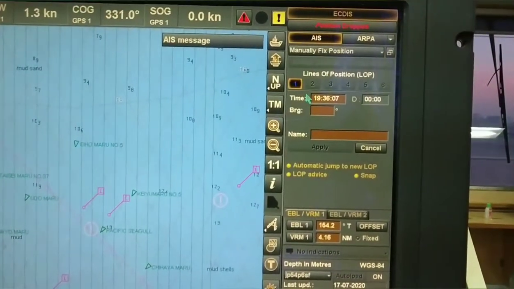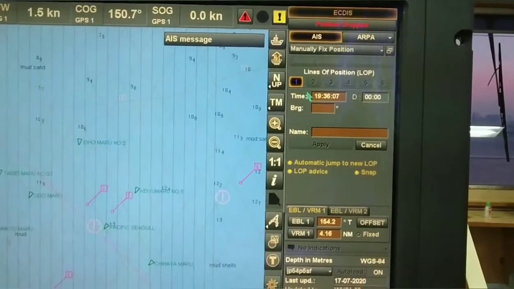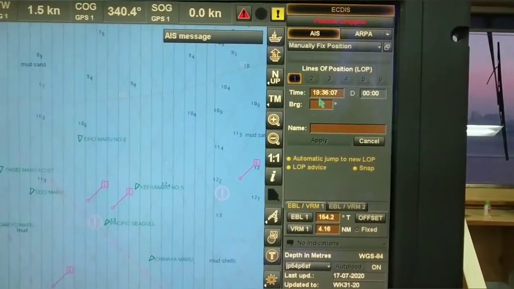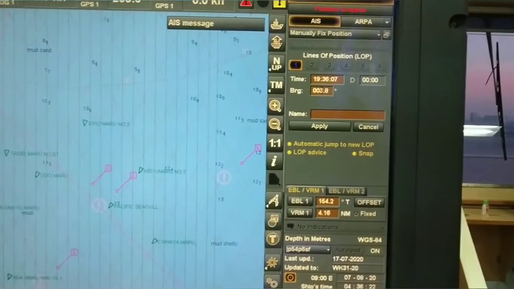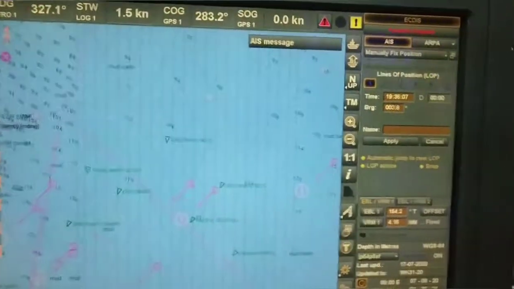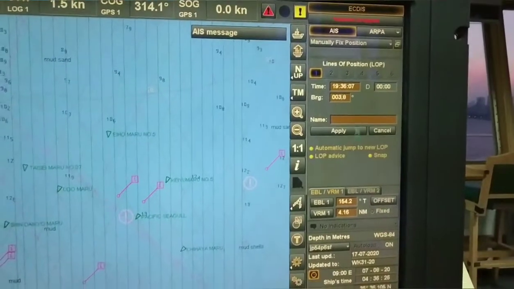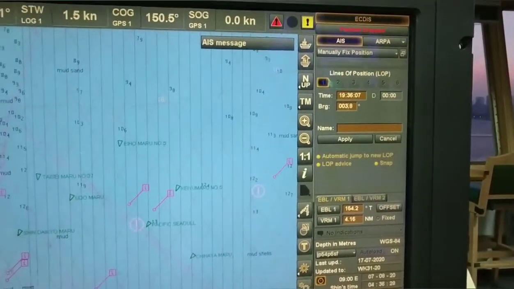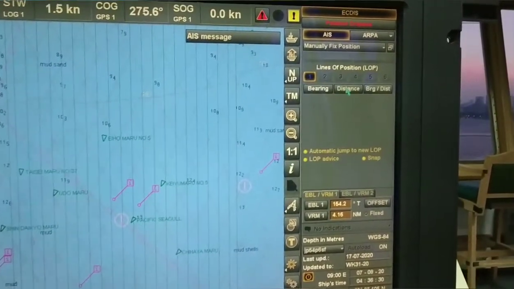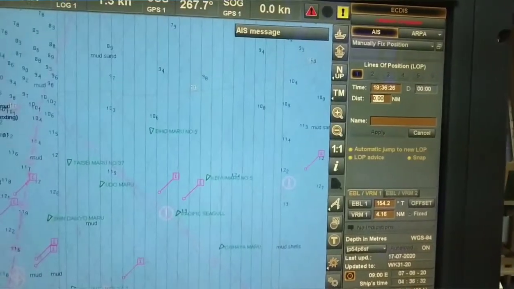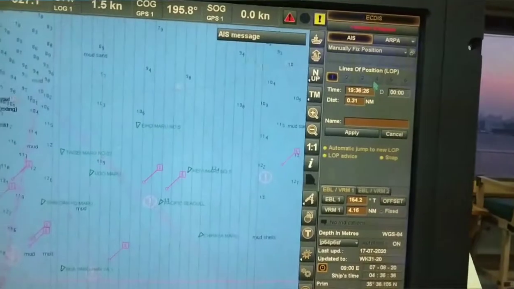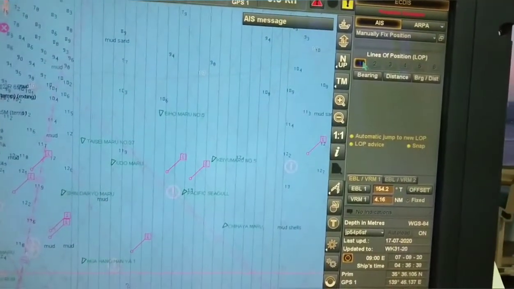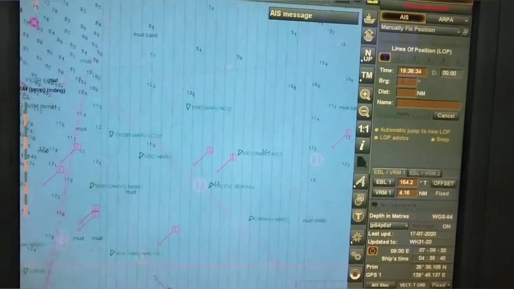Enter the bearing which you have taken and the name of the object through which you have taken the bearing, and apply. Or through distances, just put the distance, name of the object and apply. Or through bearing and distance, just click.